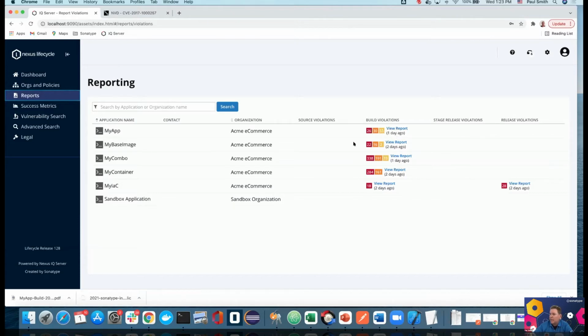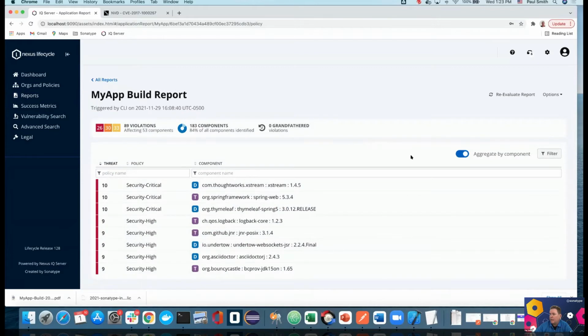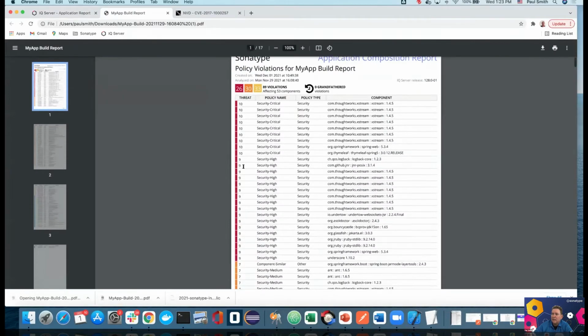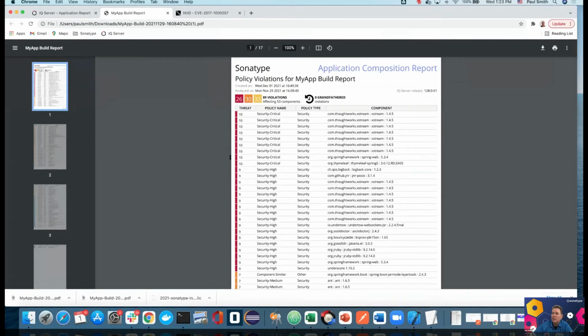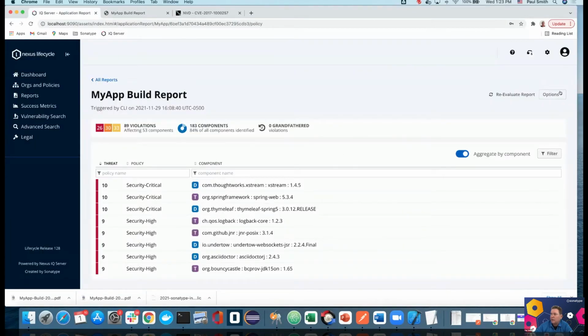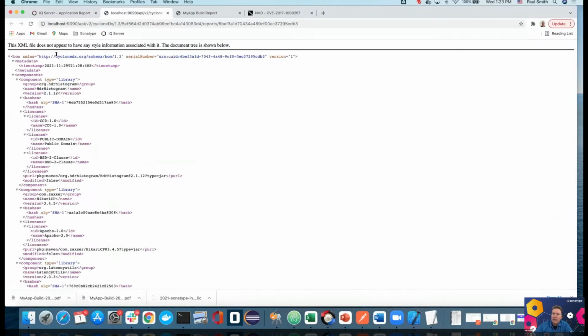Now, let me show you, let's go back to the app, or I can click container, just to give you an idea. This is what I just downloaded. This is my composition report for my application, right? So this is my software bill of materials. However, I can also generate this as a CycloneDX. So we have standardized on CycloneDX.